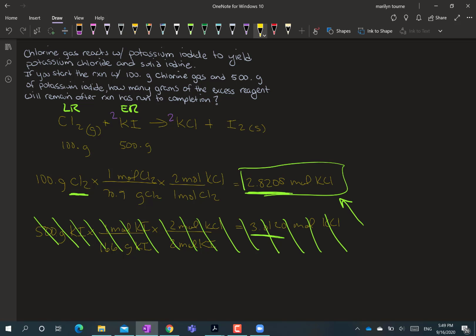To do this, you would need to take how much you made and go backwards, doing a mole ratio back to the excess reagent. The excess reagent is your potassium iodide, but it's asking for how many grams. So now I have to go a step further. I'm in moles of the excess reagent, but it's asking for the grams of the excess reagent. So I have to now use the molar mass of KI to get how many grams I would have. If I do this calculation, it should give you